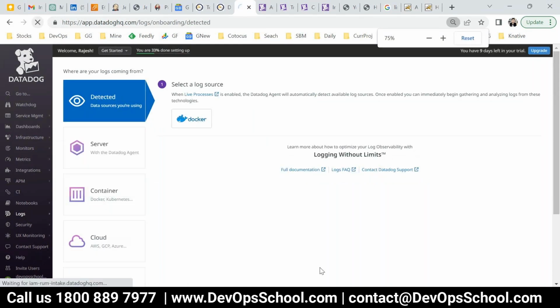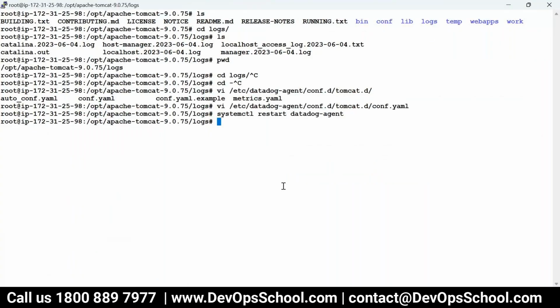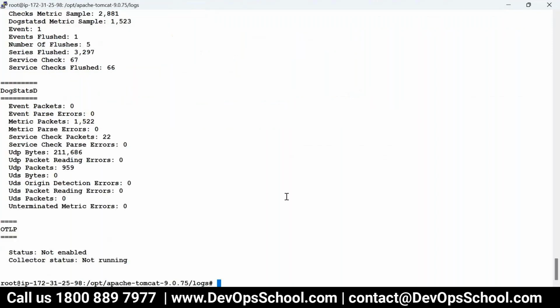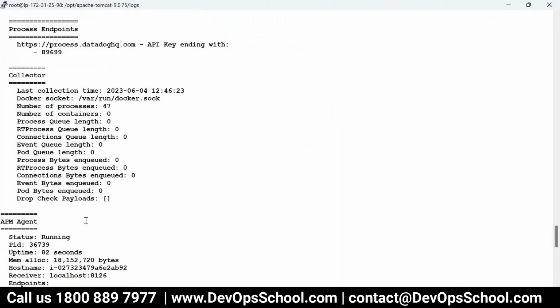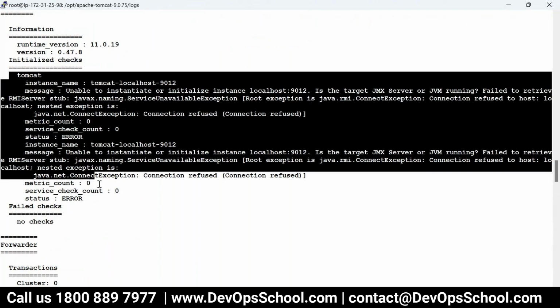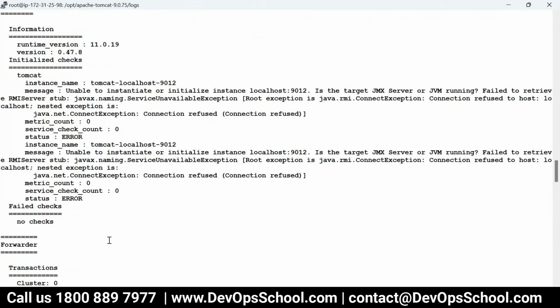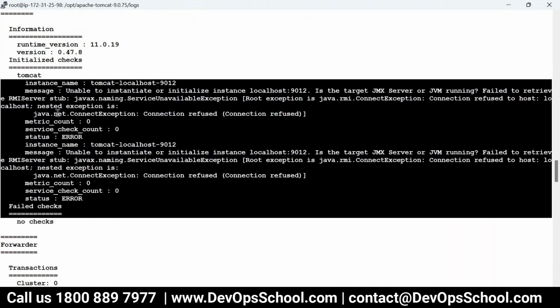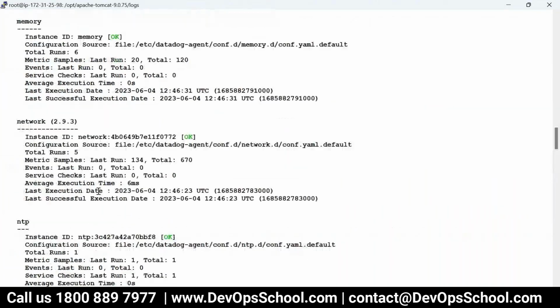You can also check whether the log monitoring is enabled and functional or not. So Datadog agent status, actually. Agent status. And here if I see log monitoring, see here it is. Okay, this is not a log, this is the integration which I did not enable. So log should be